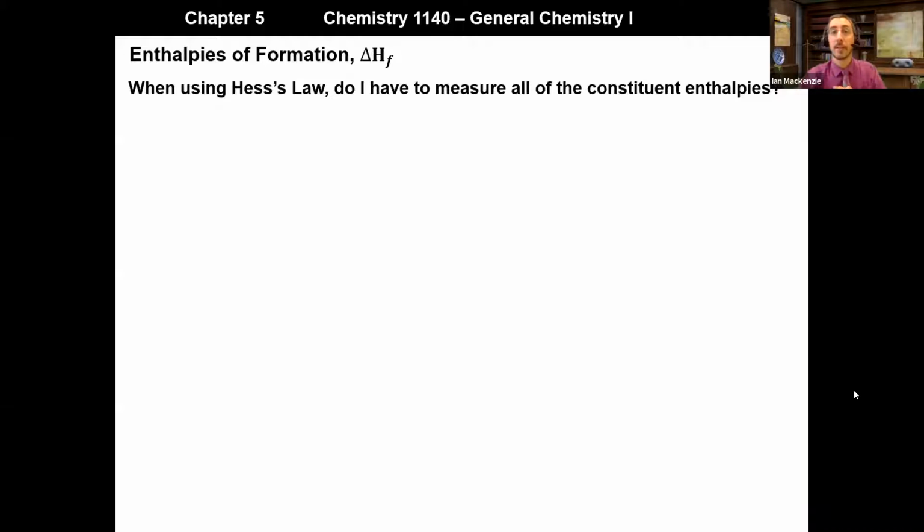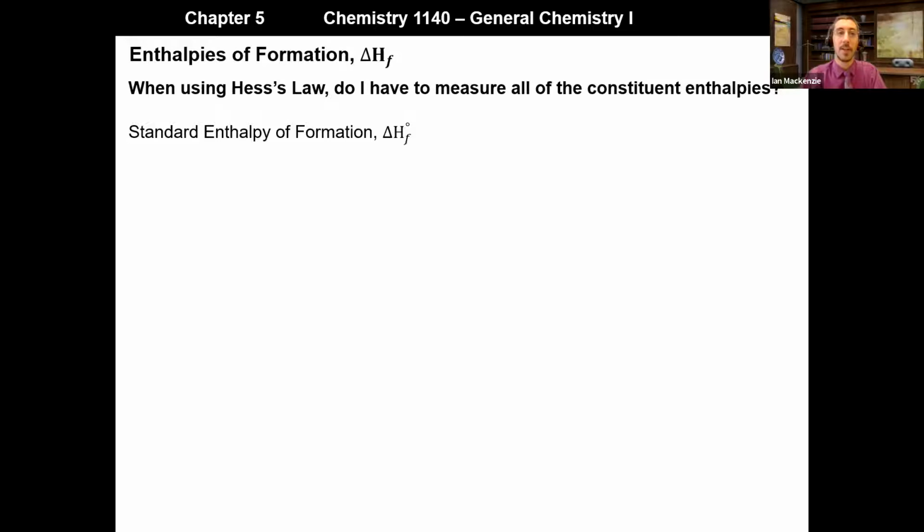Okay, we've used Hess's law to help us determine the net enthalpy change for a reaction that might be difficult to measure by using the enthalpies of various constituent reactions. But you may wonder, do I have to measure all of those constituent enthalpies? If I want to determine the enthalpy for some reaction using Hess's law, do I have to measure all of those individual reaction enthalpies? And it turns out in many cases you don't, because of something that is known as the standard enthalpy of